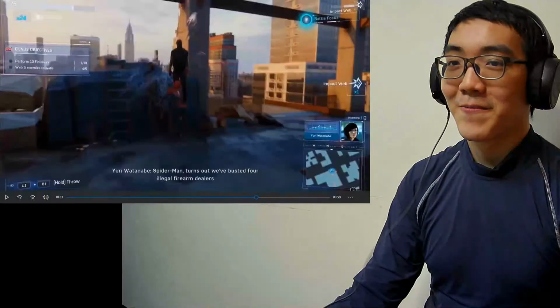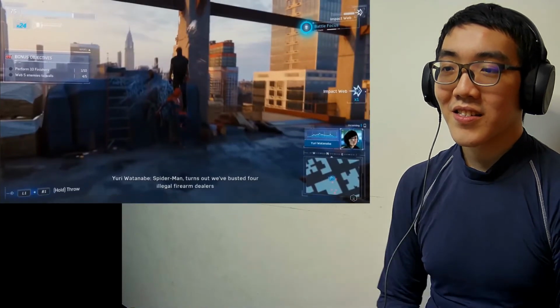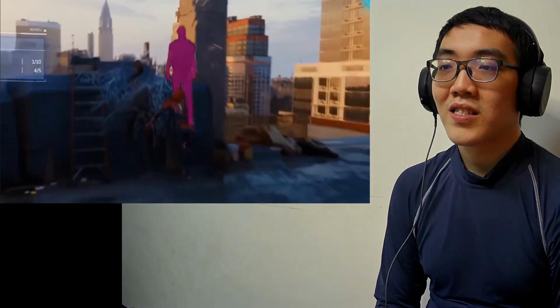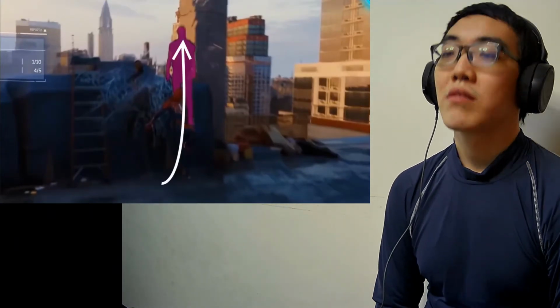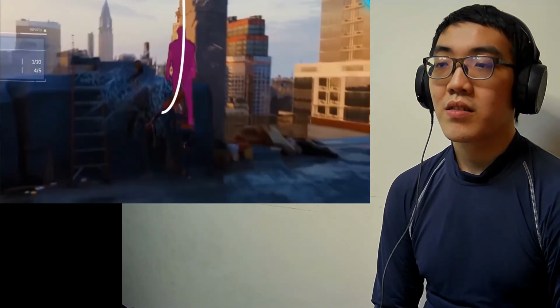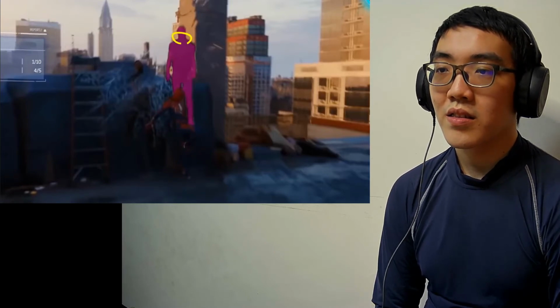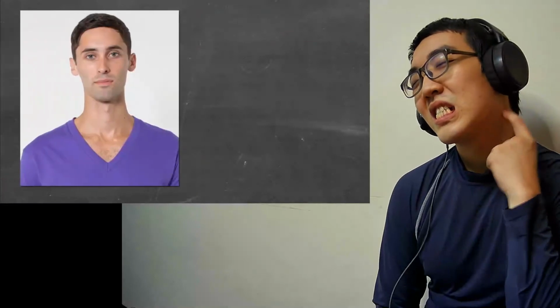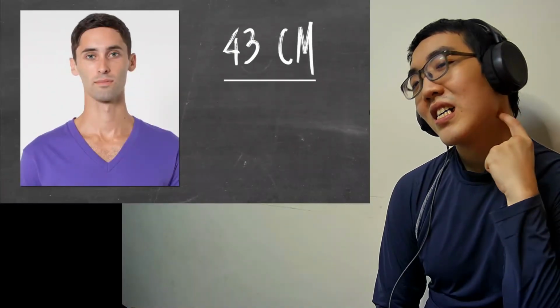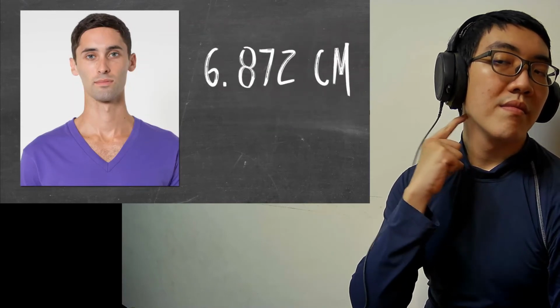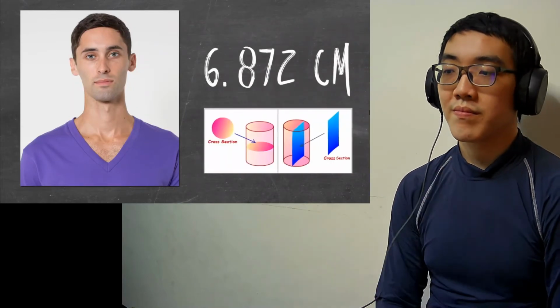This energy imparted into the mook doesn't just stop there. It travels along his body, dissipating as it goes. Remember, it's lifting his entire body off the ground, so it passes through a single key area, his neck. The average circumference of an adult male's neck is 43 centimeters. Dividing this by 2 times pi, we can get a radius of this man's neck, which we can use to figure out the area of a cross-section of his neck.